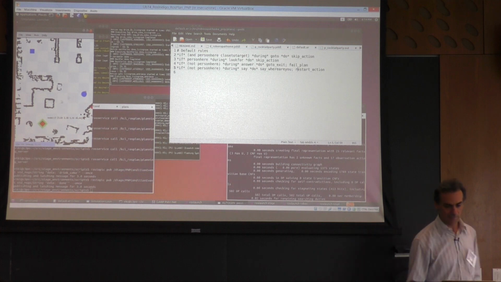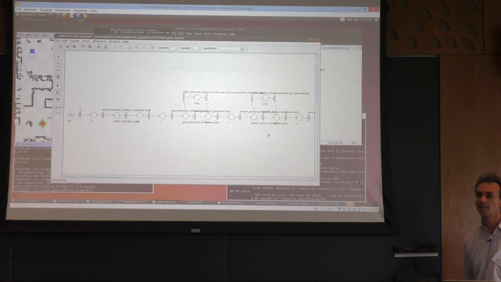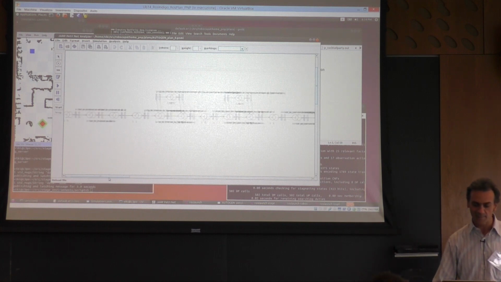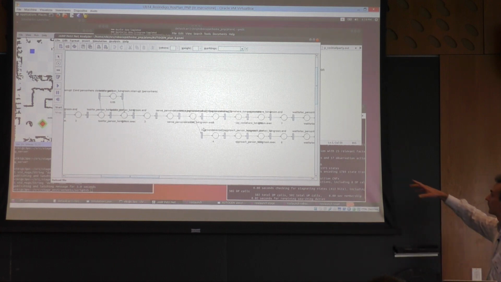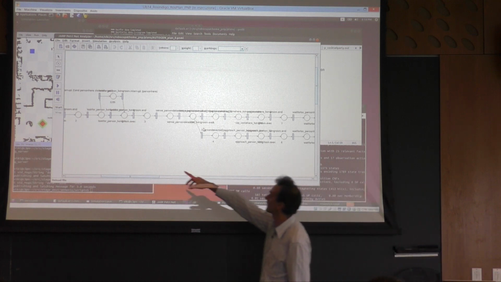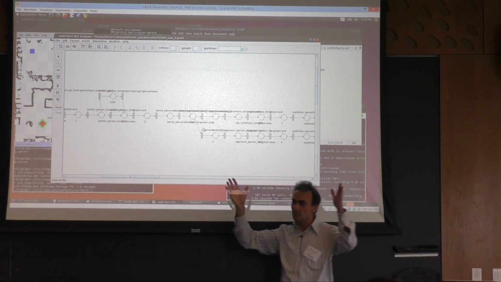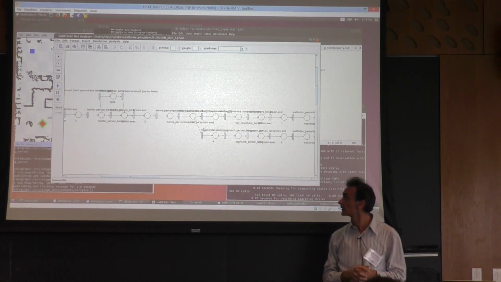Okay, so I can show you the plan that is generated. And this is actually a very simple plan. It's just a plan in which here you have the branch. So you remember the plan that is generated by Conditional Planner. You do some actions at the beginning, then here you have the branch. And from this branch you start doing something when the person is detected and something when it's not detected.